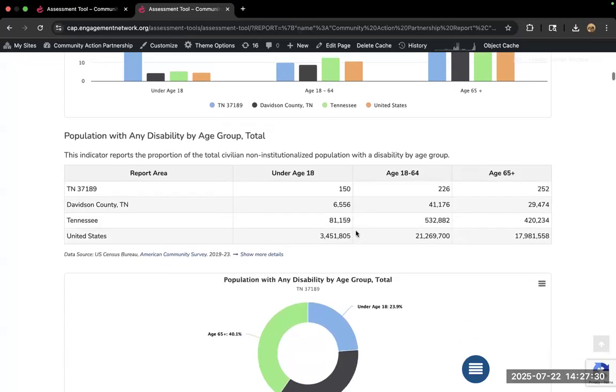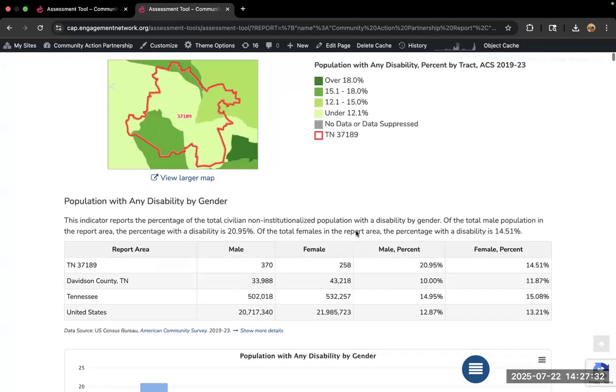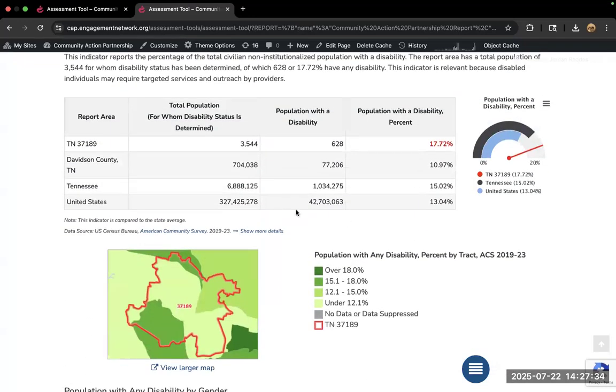As we can see, it's scrolling back up. Sorry, you guys. This ability to drill down to the zip code level is really useful because if we were looking at Davidson County as a whole, we're looking at a much, much larger number of folks.